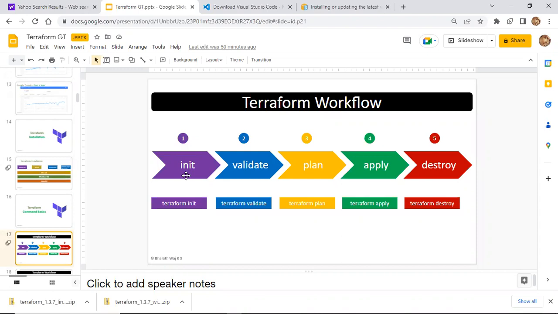Okay, so what Nava has said, he's right. The init will be initiating the Terraform. Like in Git, you have git init, which will create a .git repository.